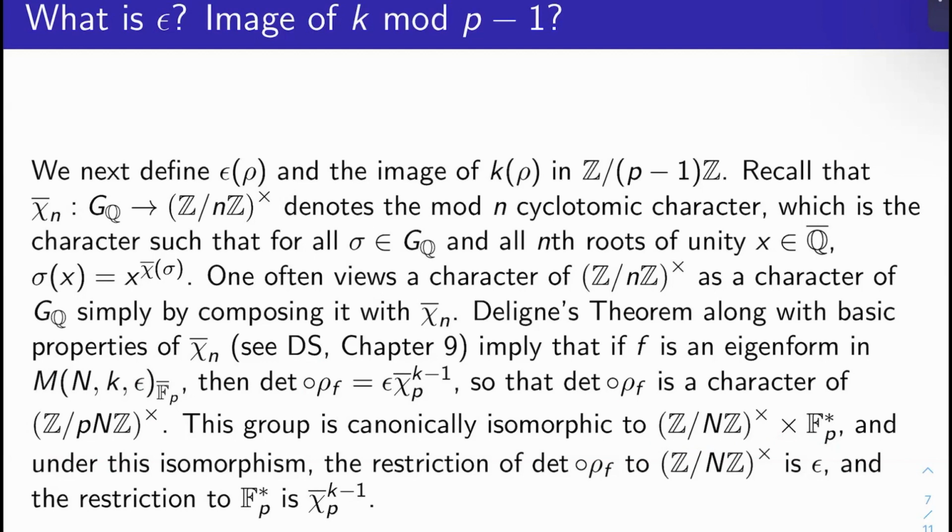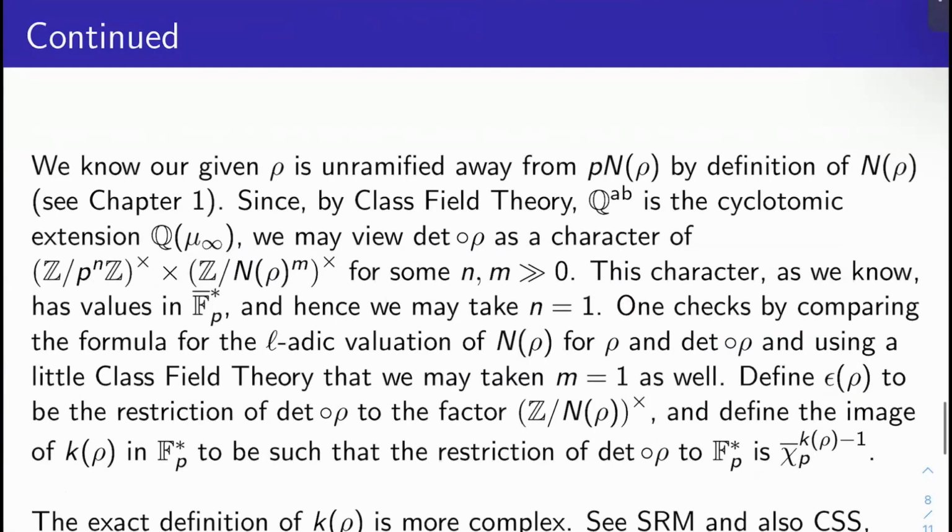And so under this isomorphism, the restriction of det composed rho sub F to the Z mod NZ cross part is just epsilon. And the restriction to the F star sub P part is just the chi bar sub P to the k minus 1. Okay, now I'm given that my rho is unramified away from P N rho, just by the definition of the conductor,